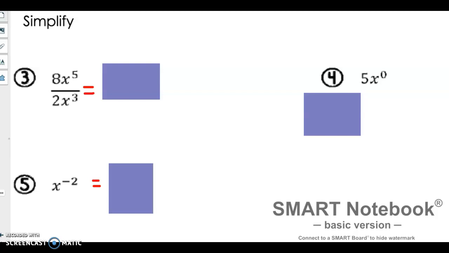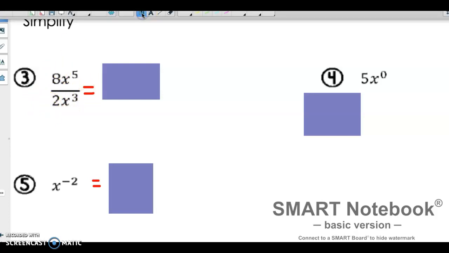All right, we're going to use our rules of exponents to simplify some exponential expressions. So here, number 3, we have 8x raised to the 5th divided by 2x raised to the 3rd. So we're going to use our rules of exponents and what we know. The first thing we're going to do is this is a division problem, so we're going to divide the coefficients